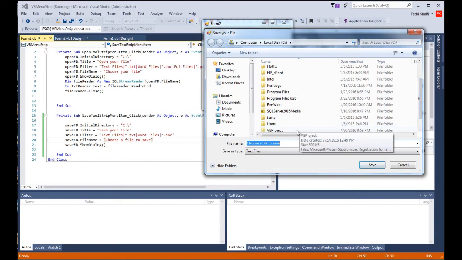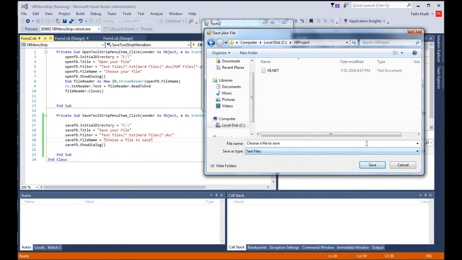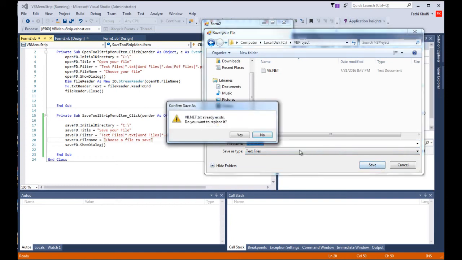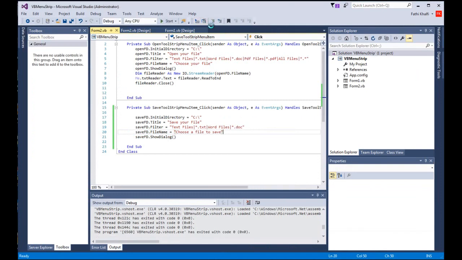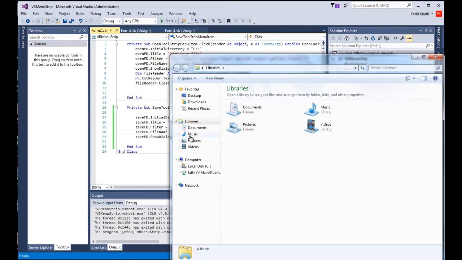and I'm gonna go back to my directory VB project, and I'm gonna say here vb.net also .txt. I'm gonna save. Here it's giving me a warning. That's a built-in warning. I didn't have to write this. It says vb.net text .txt already exists. Do you want to replace it? I'm gonna say yes,